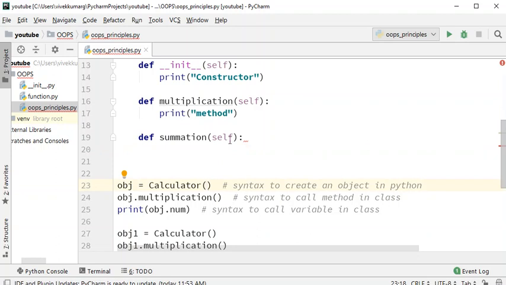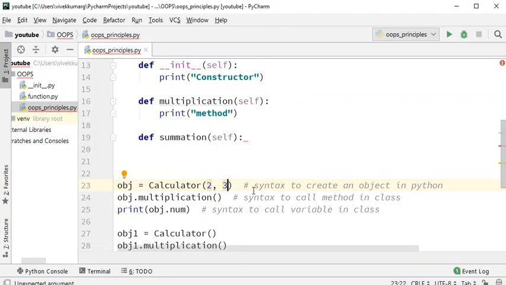This gives only the logic, but from where will the values come? It will come at runtime, during the object creation. Let's say when you call this class calculator, let's send two arguments, 2 comma 3,